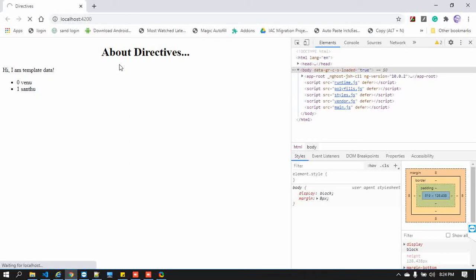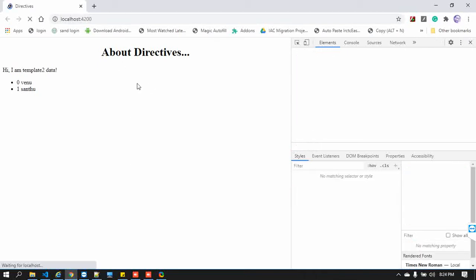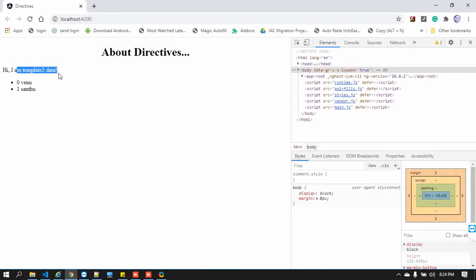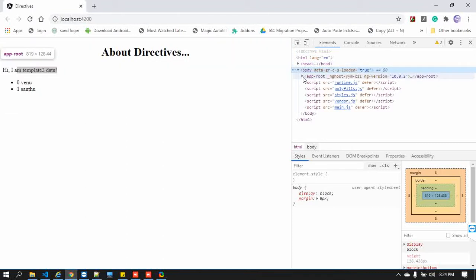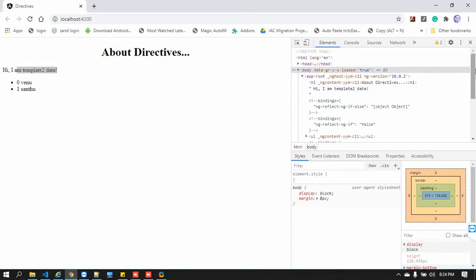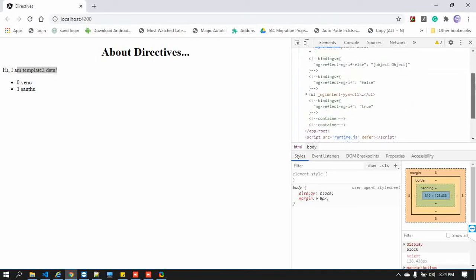Now this is very important, guys. See, now this is why we are able to see. By using Angular template, you are going to put your data there. Whenever you need, you are going to display the respective template based on your condition. This is very important. This is very useful in our development.